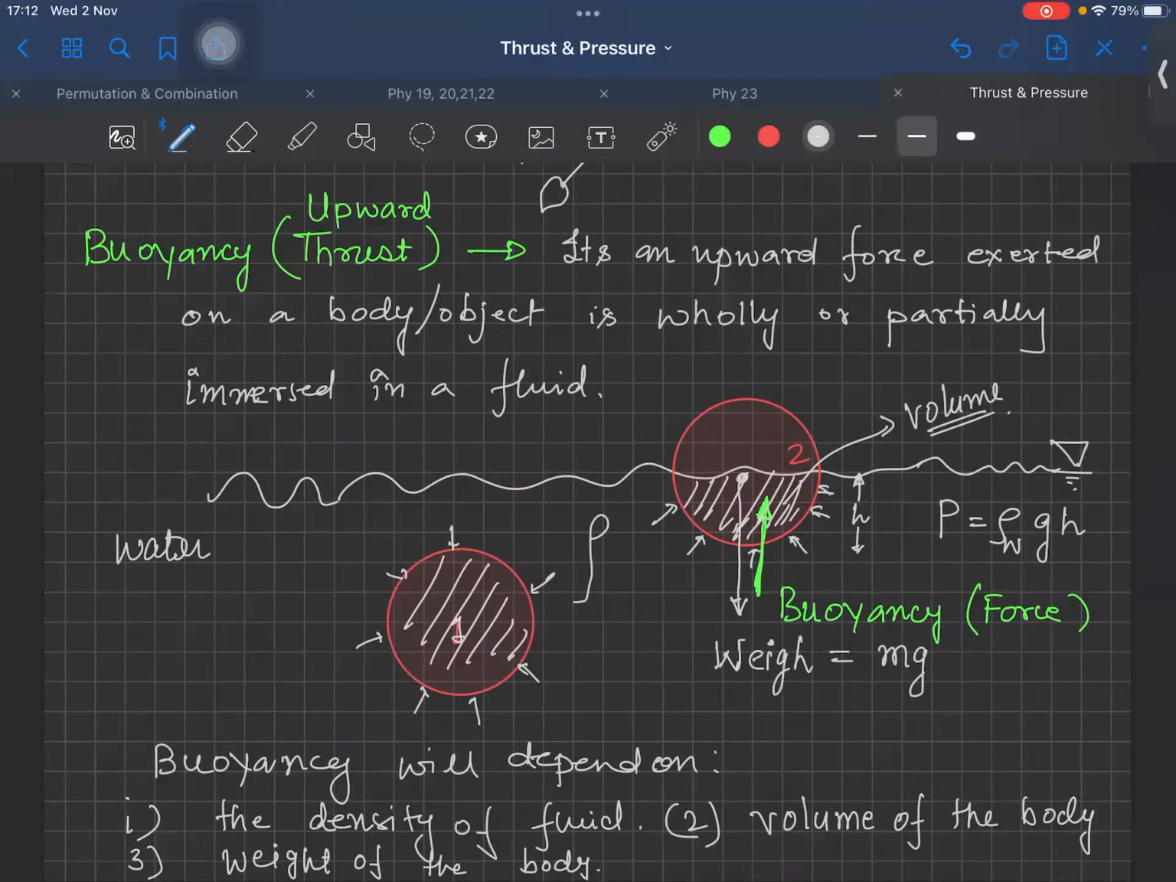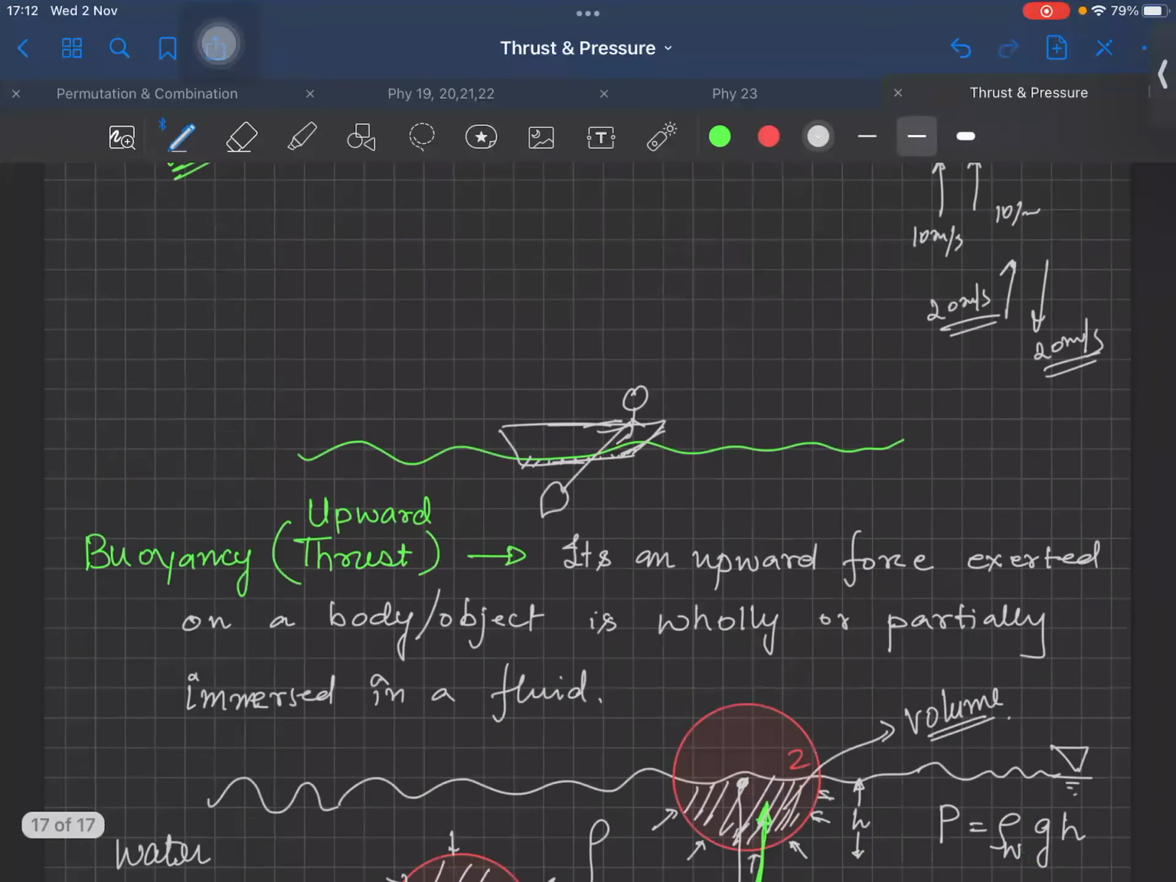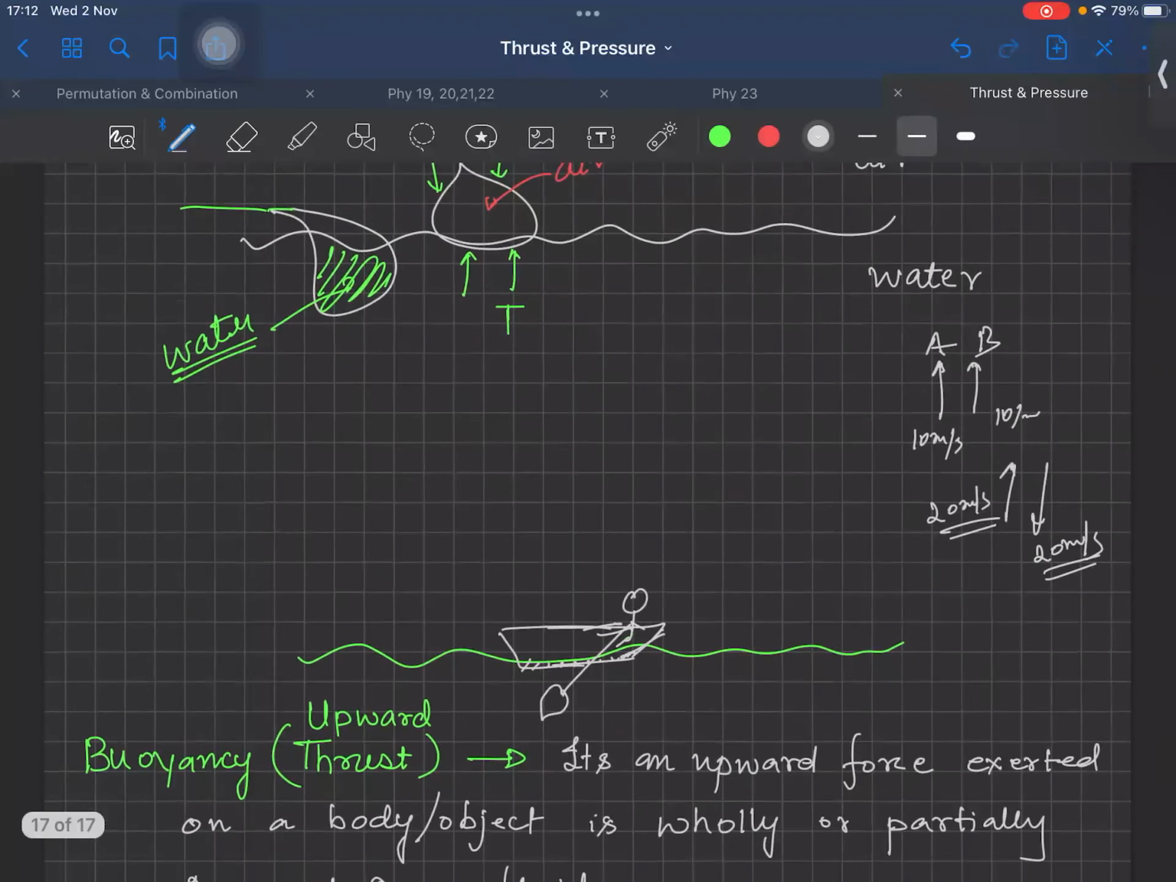So what are the applications of buoyancy? I've already given you examples like this boat. How does the boat float on this water body? Because of buoyancy force. How are fish able to swim properly? That is all because of buoyancy, right? Why does a hot air balloon float? Either you fill air or you fill helium, the density should be less. If you fill air and you heat the air,